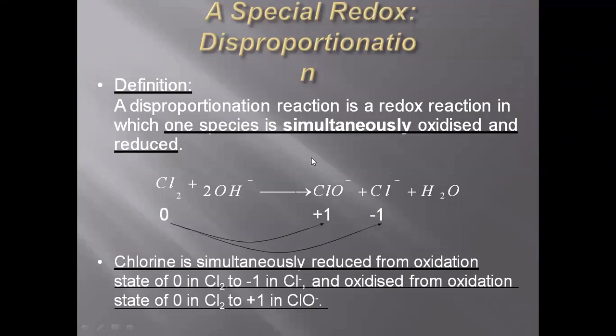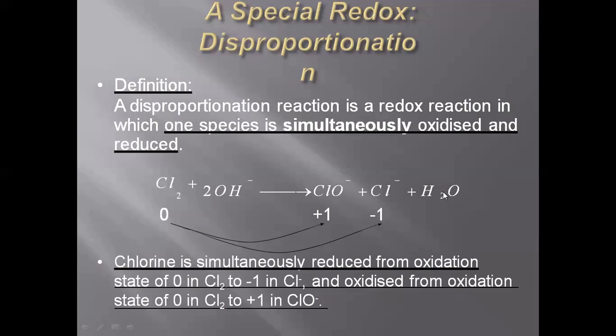For example, Cl2 is a chlorine molecule. It's a homonuclear, diatomic molecule, with the same type of nucleus. They are sharing their electrons. That is why in a diatomic molecule the oxidation state will be 0. So when you mix chlorine with two OH negative ions, what will you get? ClO negative, Cl negative, and H2O.